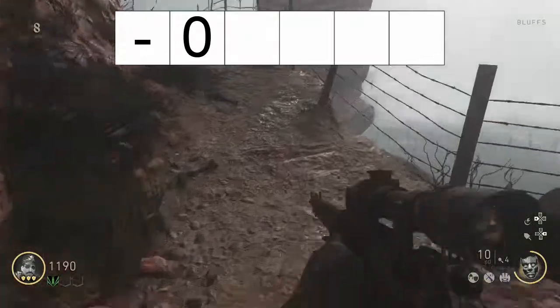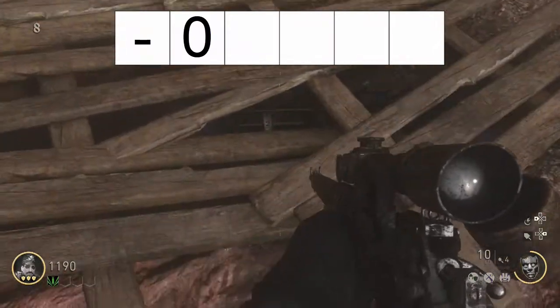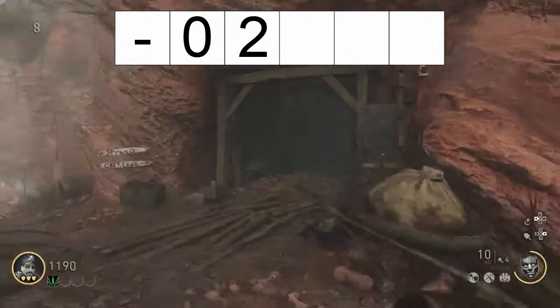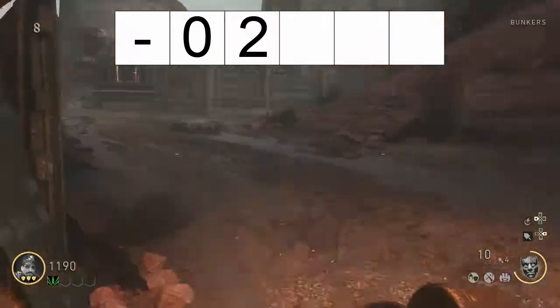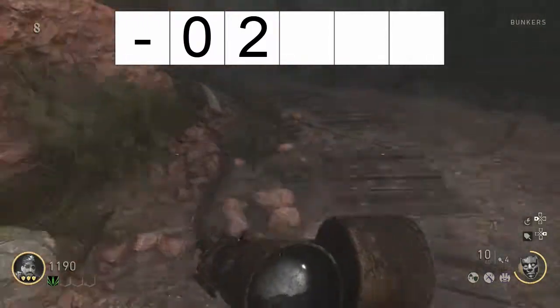And then if we keep going up this hill towards the bunkers, and go a little bit further, there's a wee bridge kind of thing. On this, it shows a 2 in its third slot. Again, continue up to the bunkers, all the way up this hill, past the combat shotgun wall buy. And then if we go to the right towards bunker 1 to get this first one,